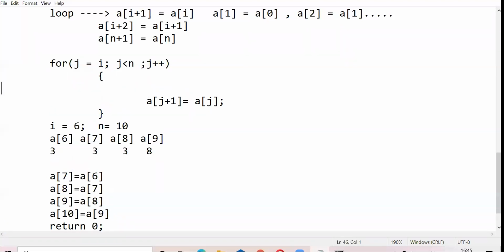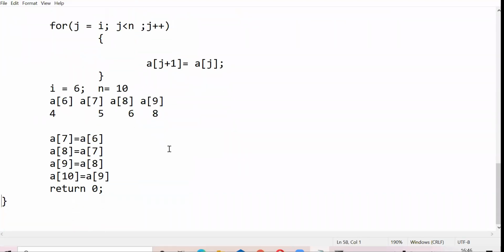So what can we do for that? How can we resolve it? Assume that again I'm writing some values here, 4, 5, 6, and 8. See what is happening.